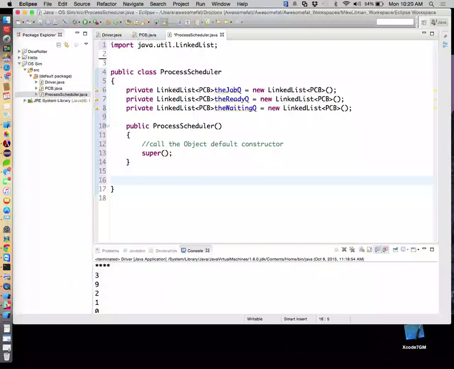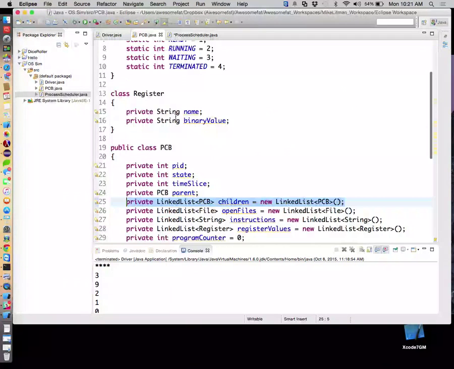So you might even ask, does he belong? Is it appropriate to have him be a PCB? But in any case, the process scheduler is going to create a child process, is going to create a process, a PCB. So this guy needs to have the ability to generate a PCB. So let's say public void createPCB. And let's see, we said PCBs require